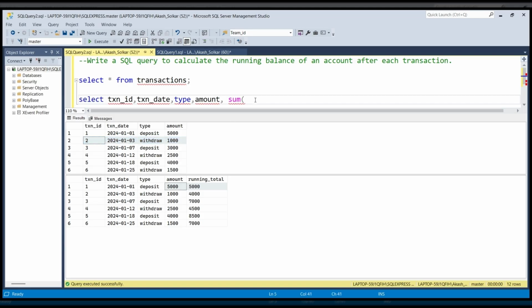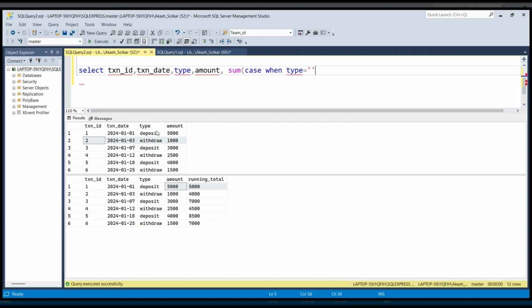If there was no type, I would directly use the sum of amount and an order by clause. But here they have given one condition: the types are deposit and withdrawal. So I'm going to use CASE WHEN the type is equal to,